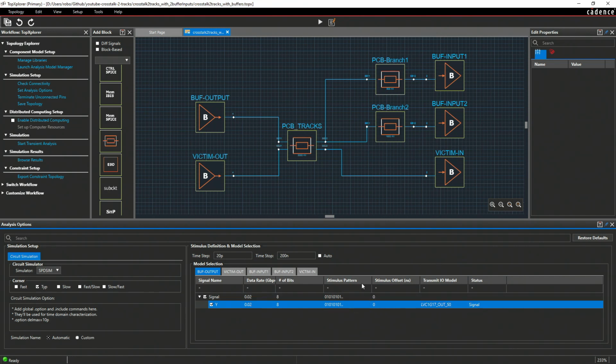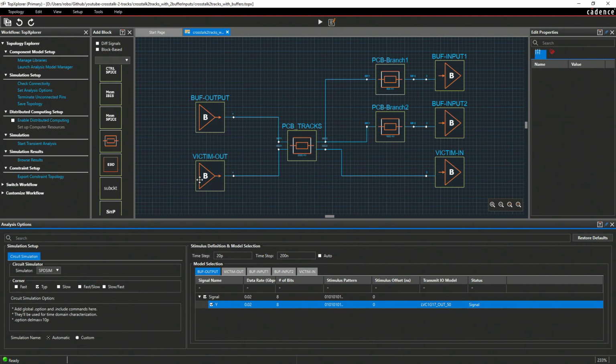Then we would like to use this pattern. It is a very simple pattern, just 0, 1, 0, 1, 0, 1. And here you can set the frequency for our signal. You don't set the frequency directly, you need to set it based on this data rate, which is in gigabits per second. So usually the data rate is double the frequency, and for a 10 megahertz signal, we simply need to use here this value 0.02.